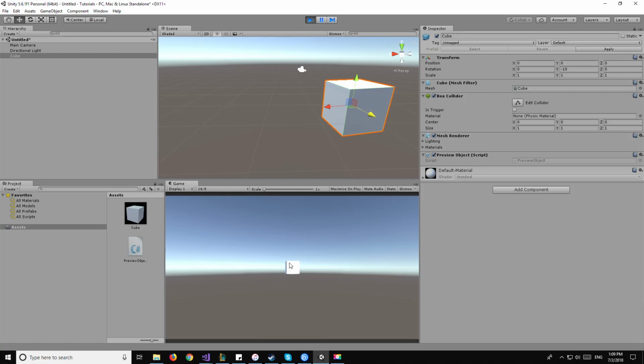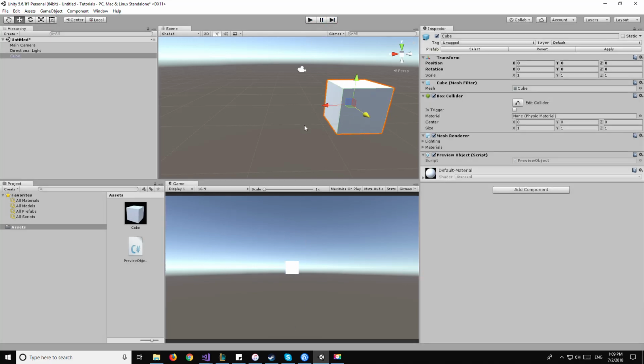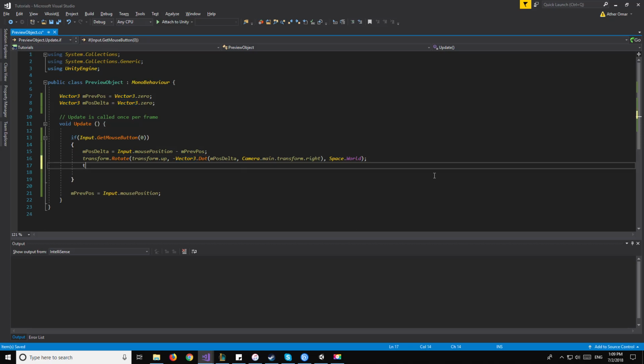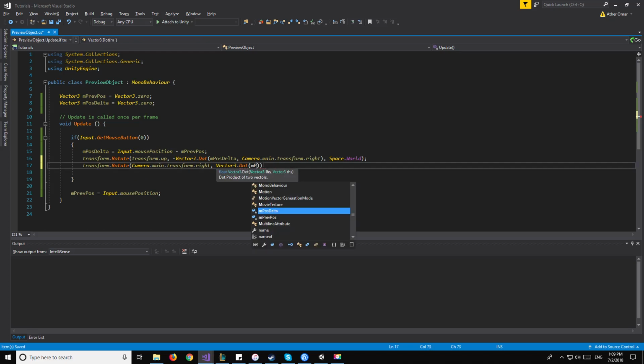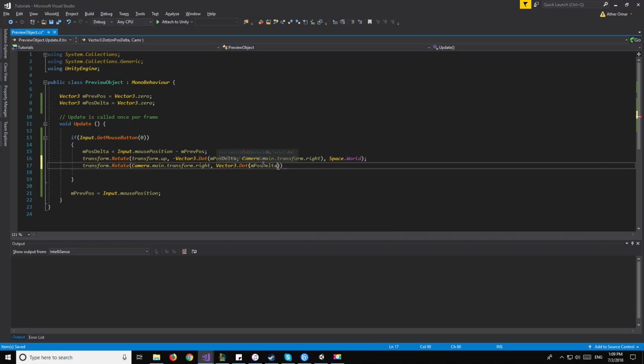Now, to move on to the up and down movement of the mouse, what we're going to do is transform.Rotate, but this time around we're going to be rotating around the Camera.main.transform.right. And I'll explain in a second why we're using the camera's right vector instead of the object's local right vector. And then the amount will be roughly the same idea as here, so it's going to be Vector3.Dot of mPositionDelta and Camera.main